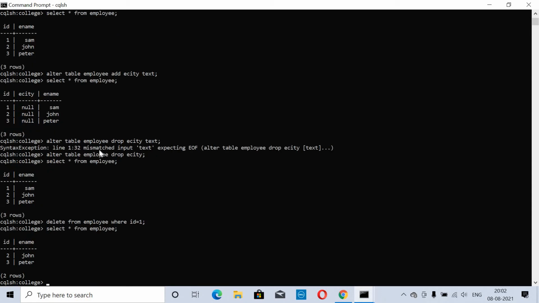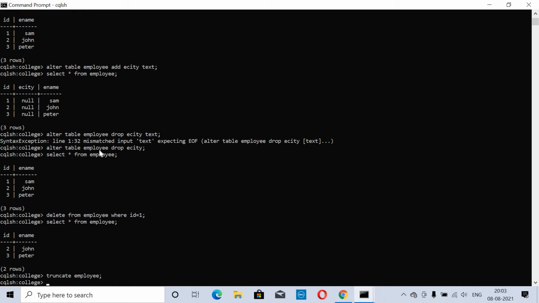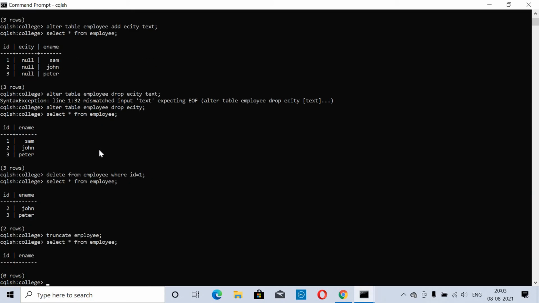So this is the deleted. The ID 1 is deleted over here. So this is the way we delete a record. One more thing we have is the truncate command. So truncate the employee. Here we'll select star from employee. Whether the records have been deleted? Yes, everything is deleted. Truncate makes the table empty. This is what we are dropping; we are making it empty if you make use of truncate here.